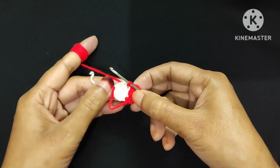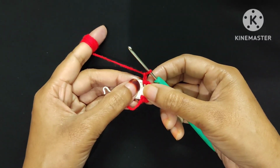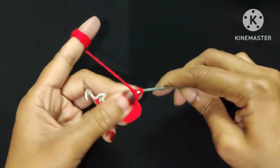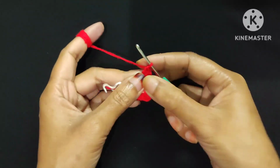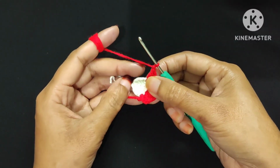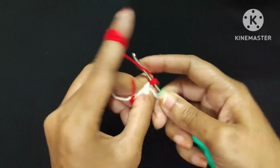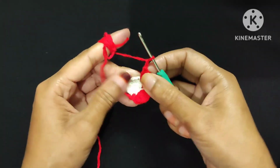One slip stitch. Now I will make 2 chain stitch, 1, 2 chain stitch, and now I will make 2 double crochet, chain 1 and 2 double crochet into the top of the next double crochet. 1, 2 double crochet, chain 1 chain stitch, and now I will make 2 double crochet into the same stitch. 1, 2 double crochet. Now chain 2, 1, 2 chain stitch,